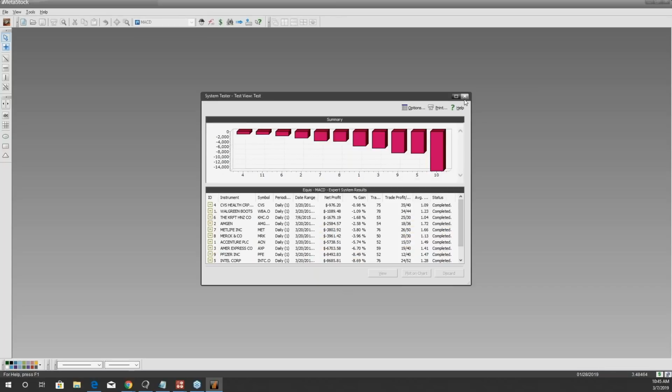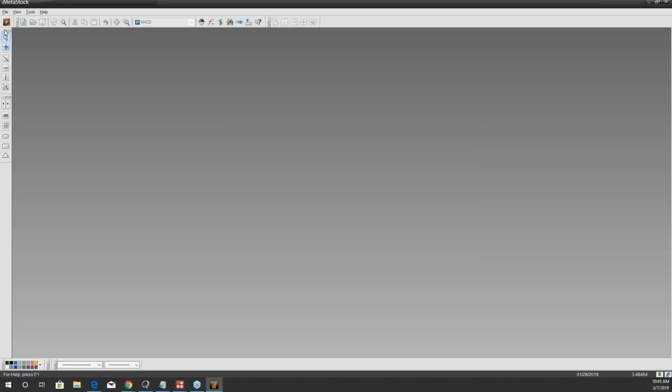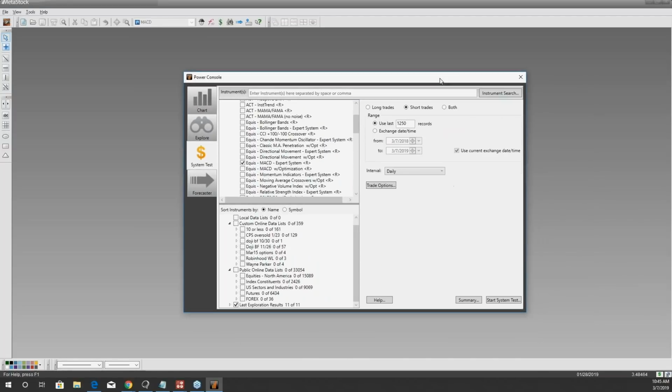I'm going to hurry up, and we only have about 15 more minutes here, so I'm going to do a quick scan again. I'm going to do a quick scan to look for a good equity line for you guys so you can see what I mean. Let's try long trades.